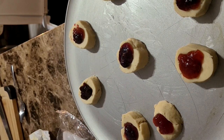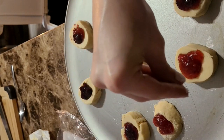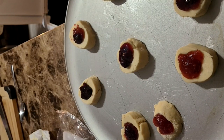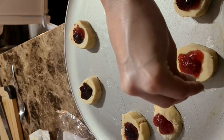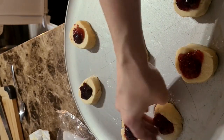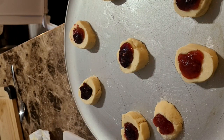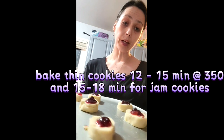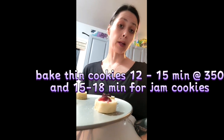She was sprinkling the sugar on the outside of them, but to me, they already have jam and preserve. How much extra sugar do they need? So I'll do a couple, but not all of them. So the jam ones will bake for about 17 or 18 minutes. The plain ones with no jam or preserve cook for about 12 to 15 minutes. So I'll let you see those